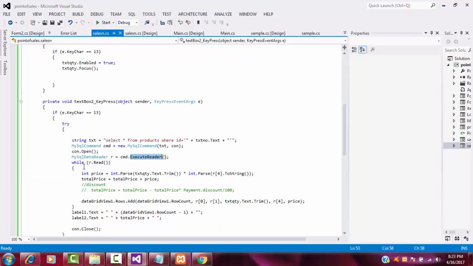If you call the execute reader, it's going to read. So when you read, put a while loop and read. While r dot read, this is a predefined function coming from the SQL data reader. Since it is a method, you have to open and close the brackets. Keep that in mind. After that, within the while loop, I created one variable, price, equal to